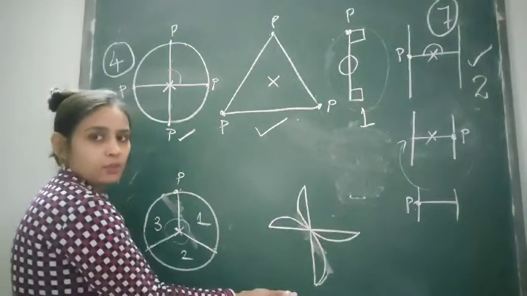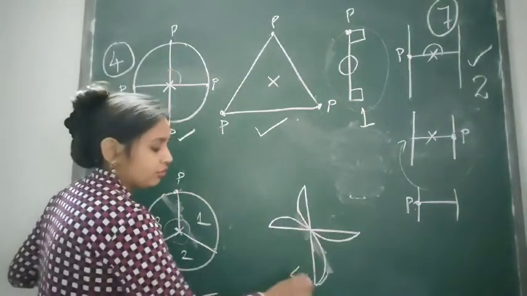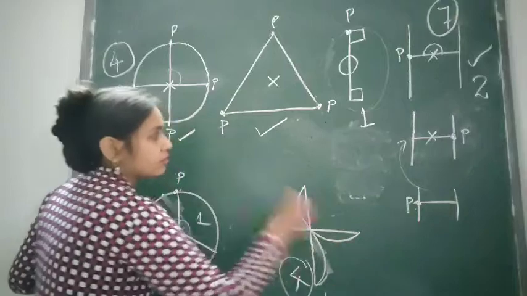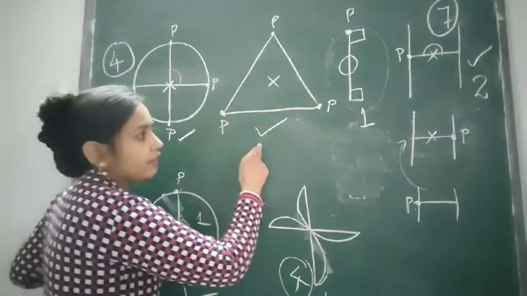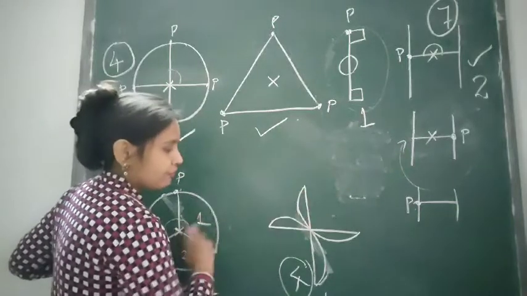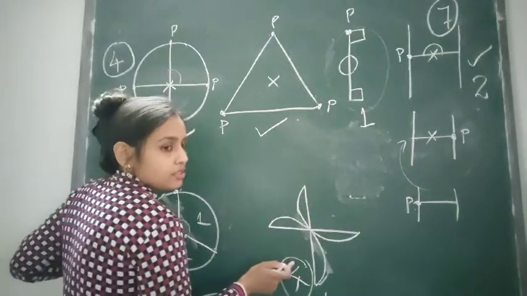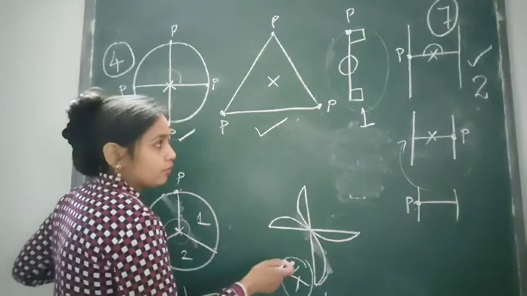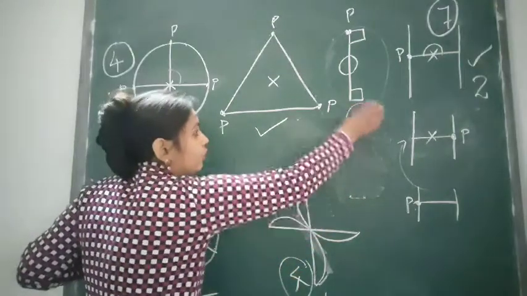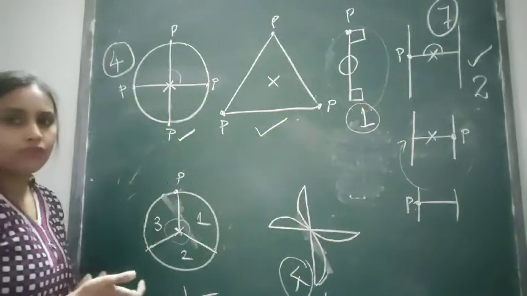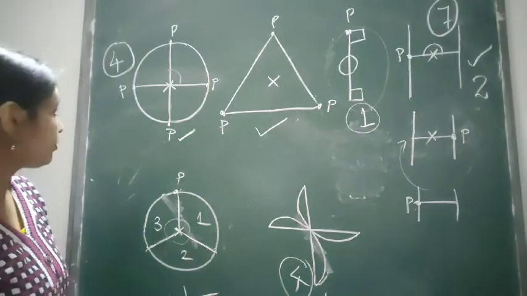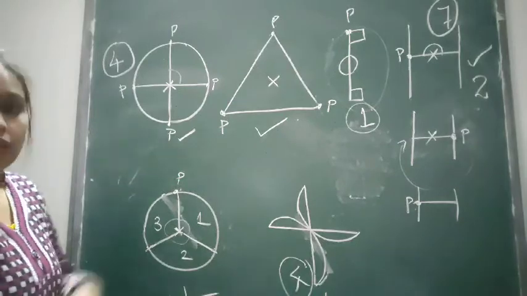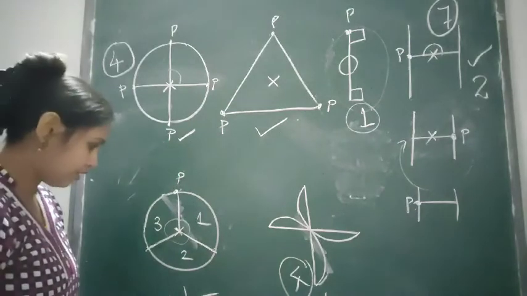So we have already spoken about a windmill. It has already order 4. Yes. All the right ones are your answer. That is first, second, fourth, fifth and sixth. They all are having rotational symmetry of order more than 1. And this one is having only rotational symmetry of order 1. Okay children. This completes your one application on rotational symmetry.